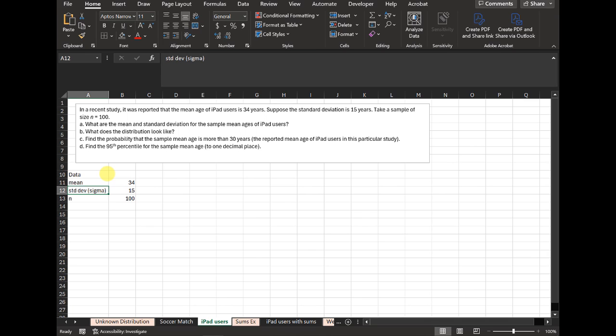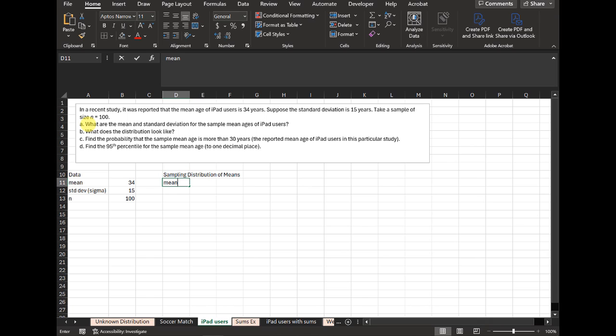So I'm always going to point this out to you, and hopefully, you kind of just appreciate where that comes from. How do I know this is sigma? Because this information is presented as this is just the truth. We're told this is true of the population of iPad users. And then from that, we're taking samples from the population. Okay, so we have the data that we were given, and then we're going to move into our sampling distribution